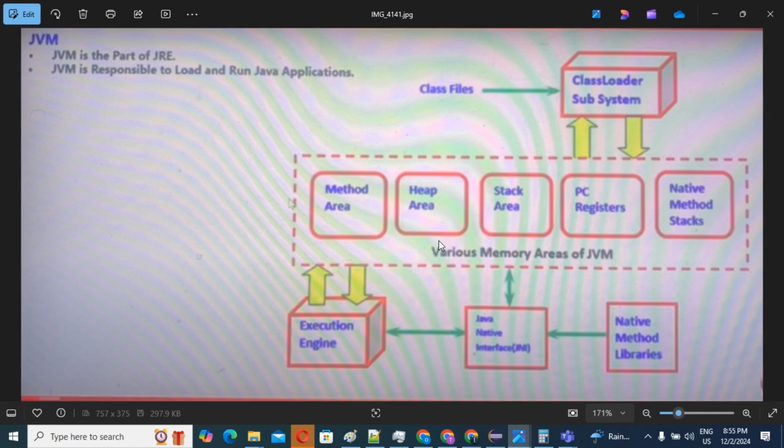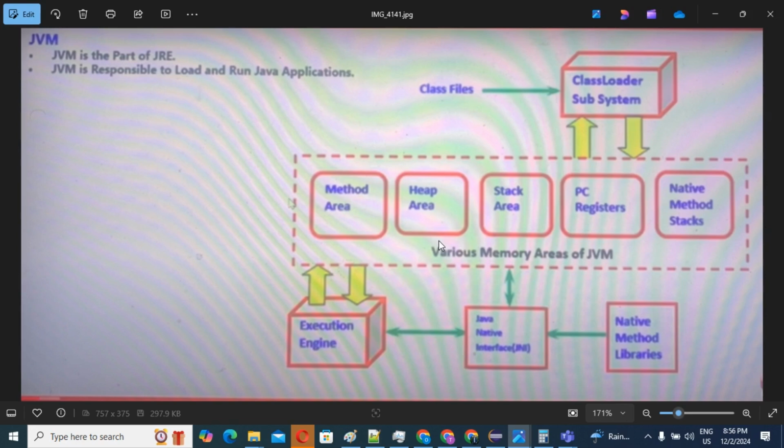Whatever application you are going to implement, the main responsibility of JVM is to load and run the Java application. The Java Virtual Machine is a runtime engine to run Java applications. In this way also you can explain it to anyone.